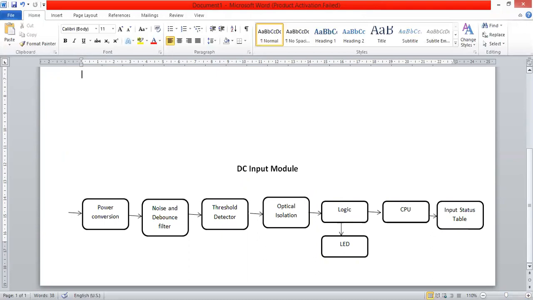So as you can see on the screen, the DC input module. The DC input module is already present in DC form. So obviously there is no need to convert from AC to DC.